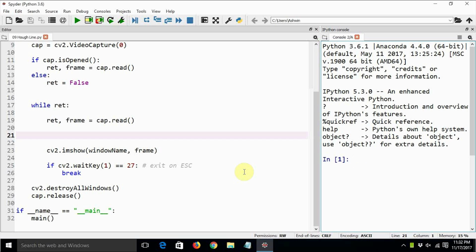In the last tutorial we saw how to detect the edges using the Canny edge detection algorithm. In this tutorial we are going to see how to detect the lines in an image using the Hough line transform. OpenCV provides a function for calculating the lines in an image using the Hough line transform, and the name of that function is HoughLines. So we really don't have to implement Hough's line transformation algorithm in order to calculate the lines.